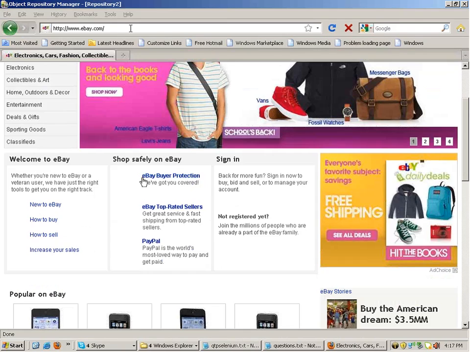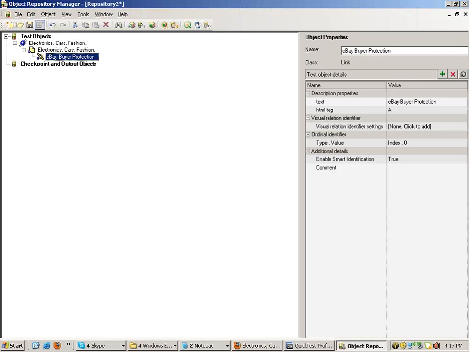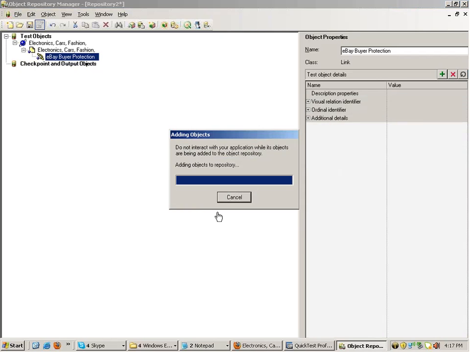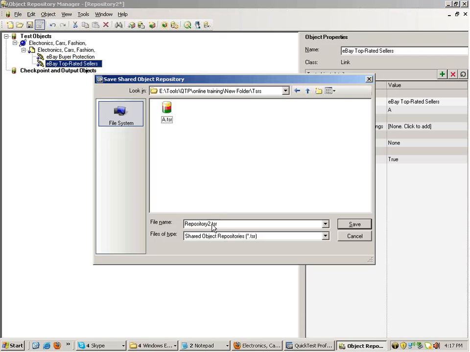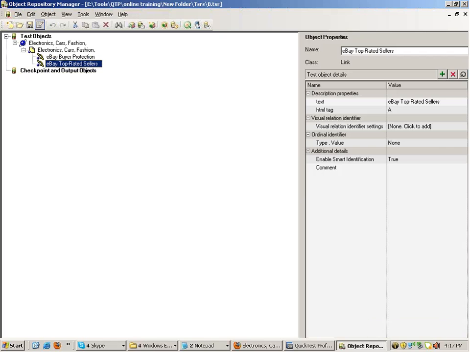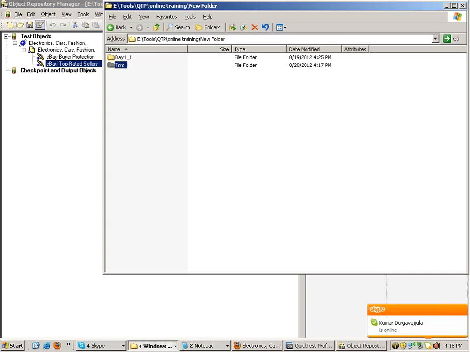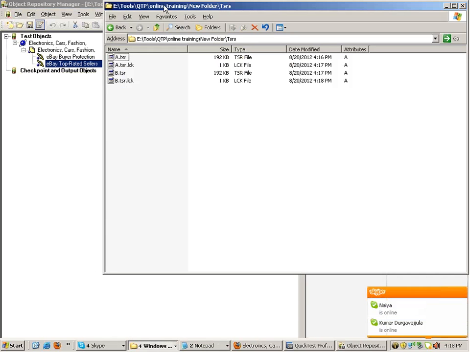Fine, I add these links. Okay, and I again save this as b.tsr. So you have a.tsr lying on the hard disk. You have b.tsr lying on the hard disk. Fine. These are the two TSR files.